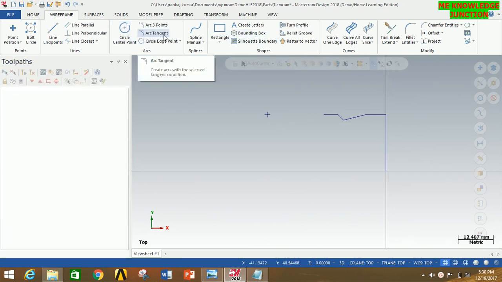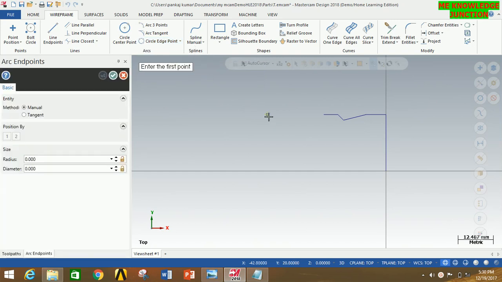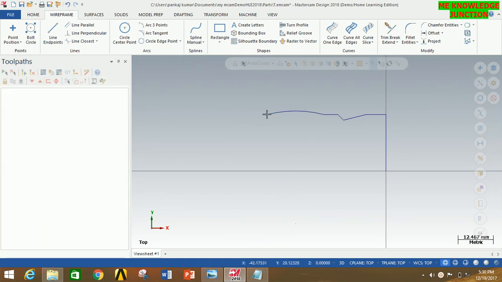Now we have to go in this and select arc end point and select this point and this point carefully and curve upward and release here and go here and give the radius as 40 and then press enter. Now click OK. Now since there is no need for this point, select this point and press the delete button